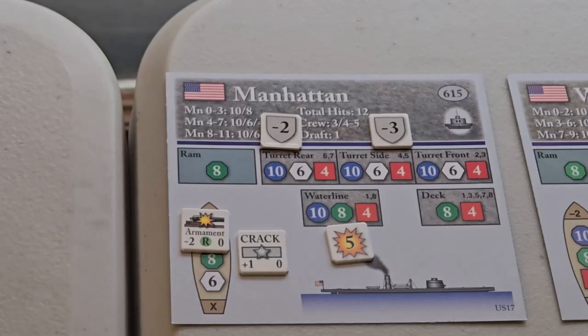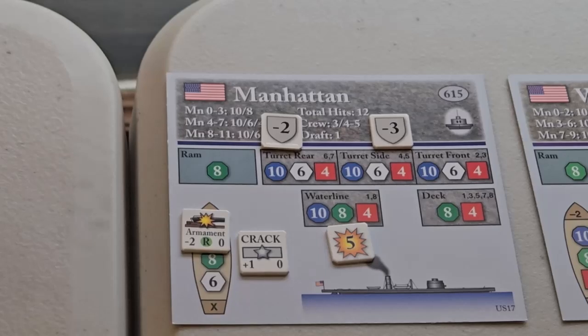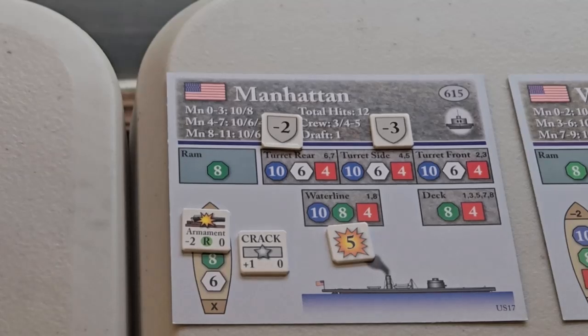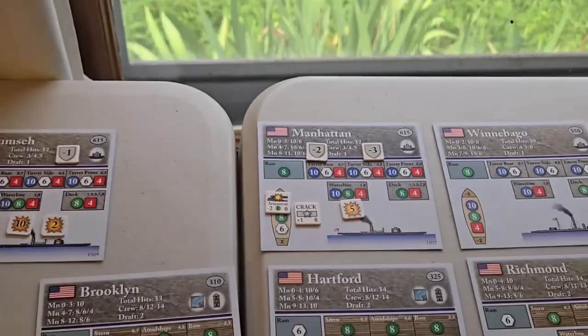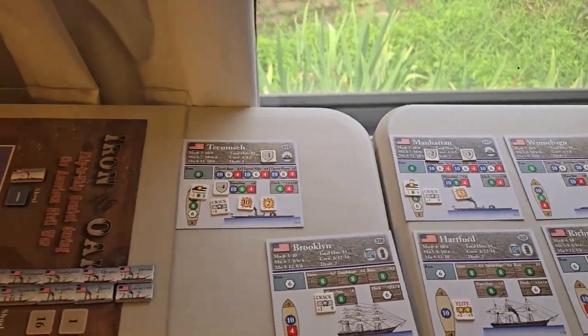So we've got to be careful with them, because if they do get into the heavy damage range, then they're going to be subject to running aground, as well as the other obstacles. So Union still is on the tough side of the battle so far. Coming back to the map over here,